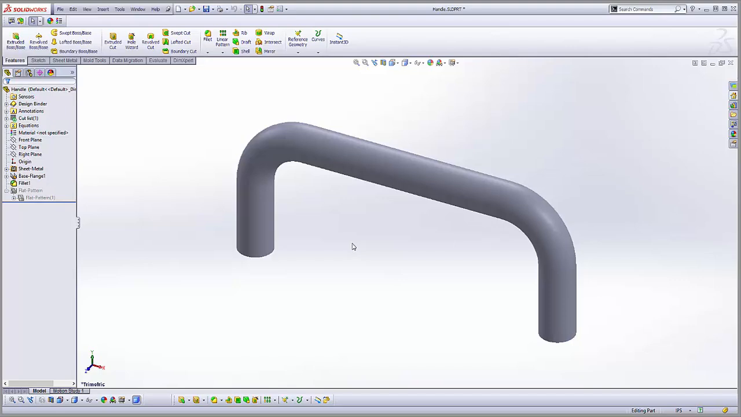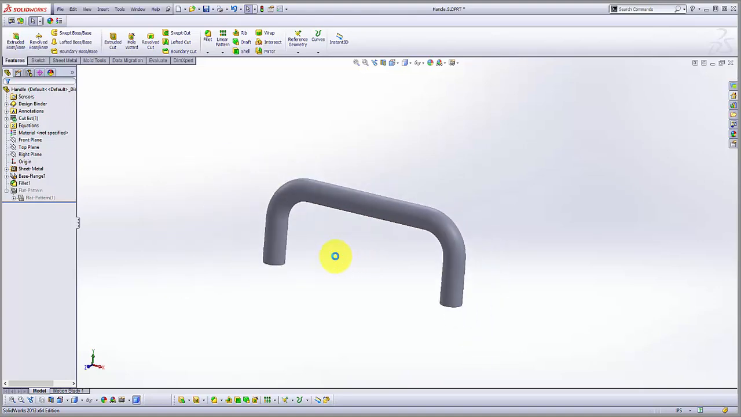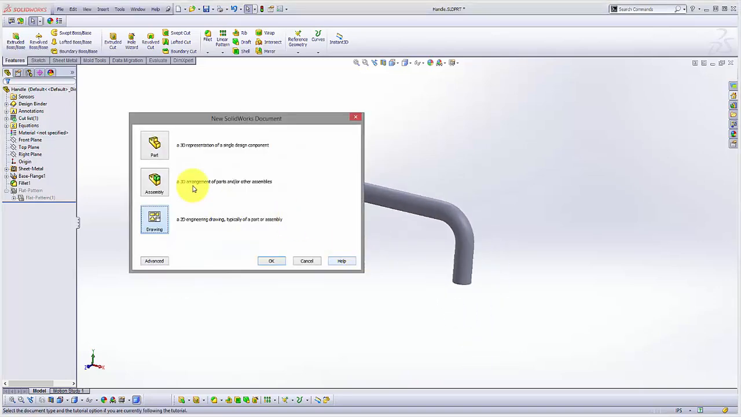As you can see, we have a standard round bar handle. And if I unsuppress the flat pattern, we can see that it is now a flattened round bar. Let's go ahead and work through this, and I will show you how I did it. So we'll start with a new part,